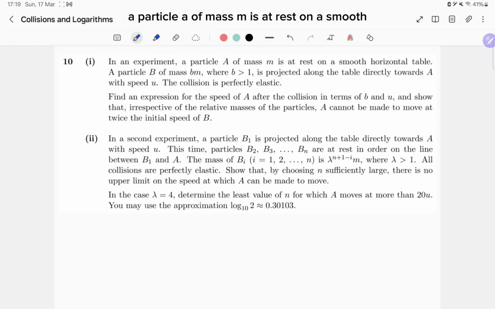In an experiment, a particle A of mass m is at rest on a smooth horizontal table. A particle B of mass bm, where b is greater than 1, is projected along the table directly towards A with speed u. The collision is perfectly elastic. Find an expression for the speed of A after the collision in terms of b and u, and show that, irrespective of the relative masses of the particles, A cannot be made to move at twice the initial speed of